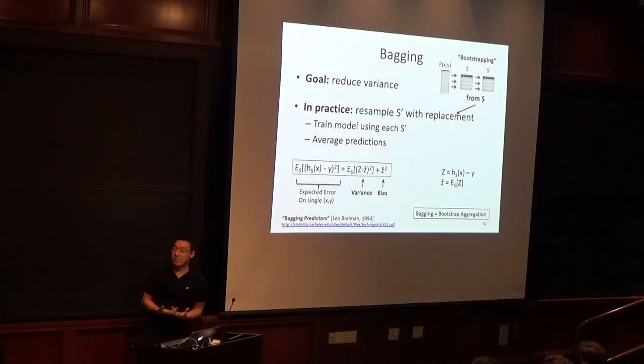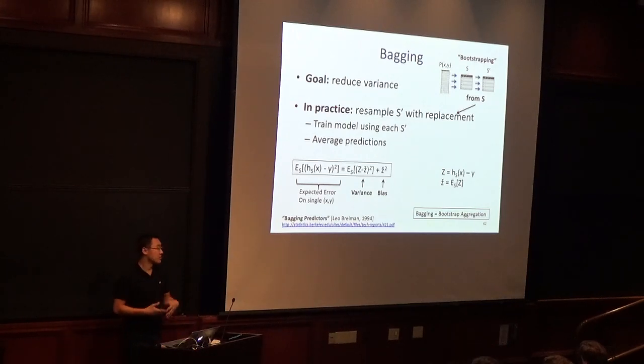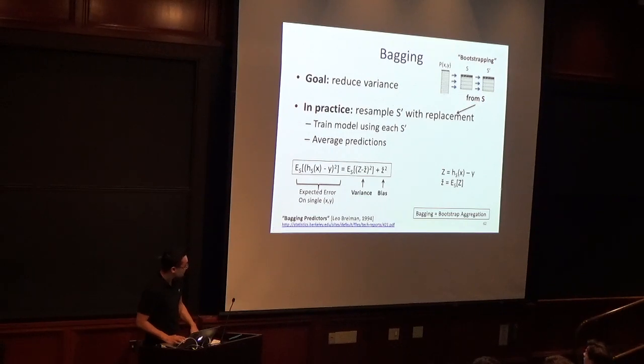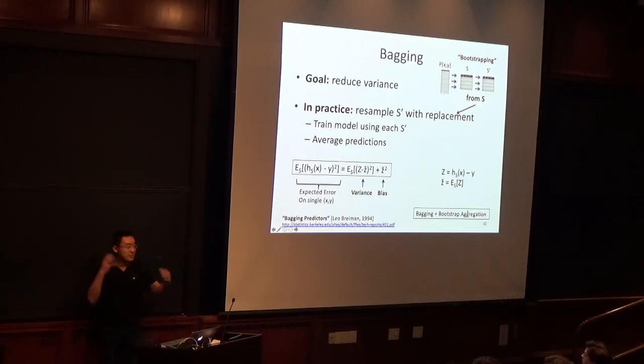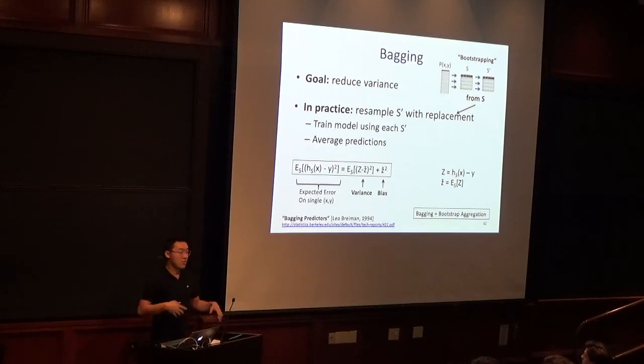It's a very classical approach in the statistics community. It's been around for decades. And by the way, bagging is short for bootstrap aggregation. So we do this bootstrapping process where we have a training set S. That's the only one we have. We're going to create a bunch of virtual training sets by bootstrapping from it, which means sampling from it with replacement,